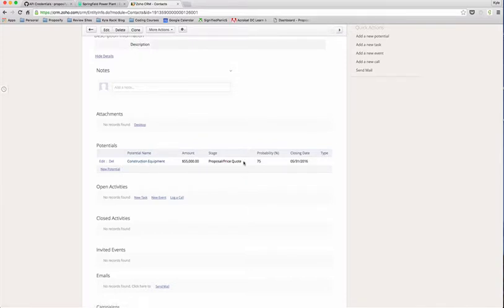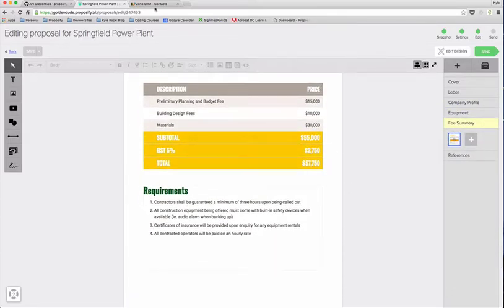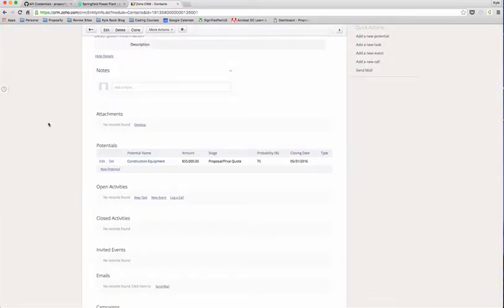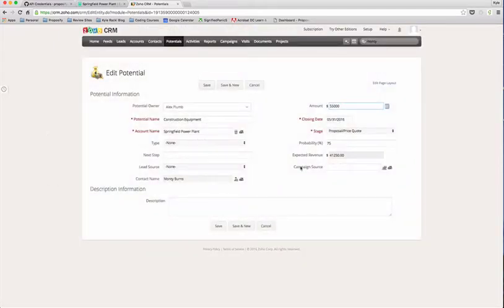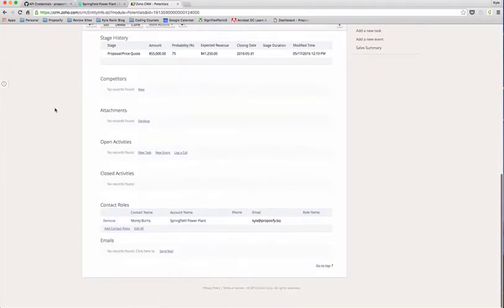under the proposal price quote stage, and that's the amount of money it is because those are the fees that I have in my template in Proposify. So now I can look at my potentials, and yep, all the information is in there. The closing date is the due date. Yeah, awesome. So potentials, that's what they call deals here in Zoho. So now what we can see is if we go back into this potential or this deal, which a lot of CRMs call it,